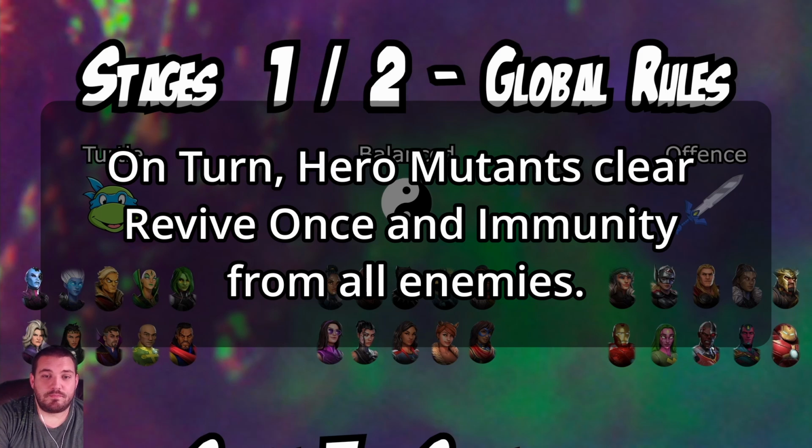Here's a more fun one. On turn, hero mutants clear revive once and immunity from all enemies. Not just from one enemy who has it, from all enemies. This essentially makes your Dormammu lose probably 50% of his value on defense, nudging you to use Dormammu on offense, which I think is great. It's more fun. It's going to help us deal with some of these hero mutant teams that you might find